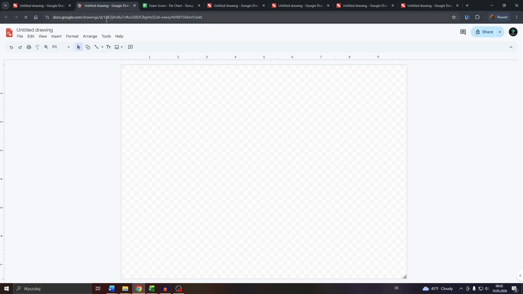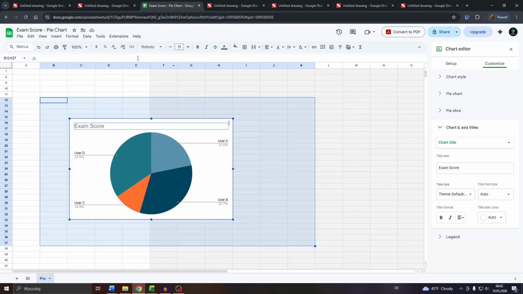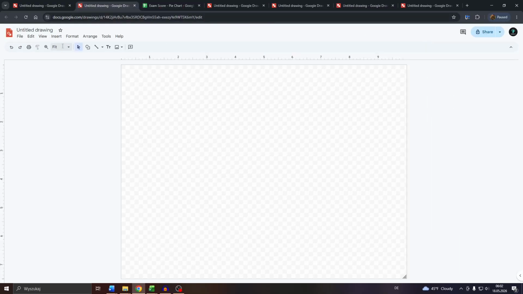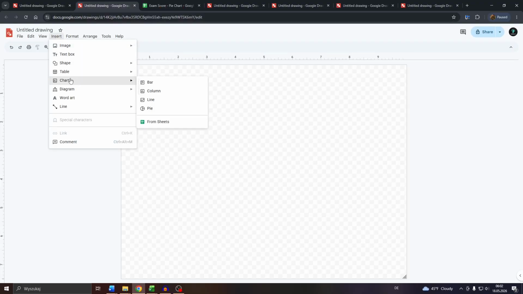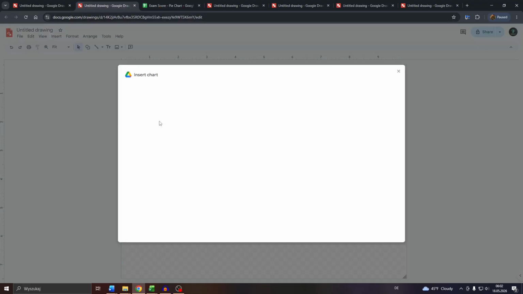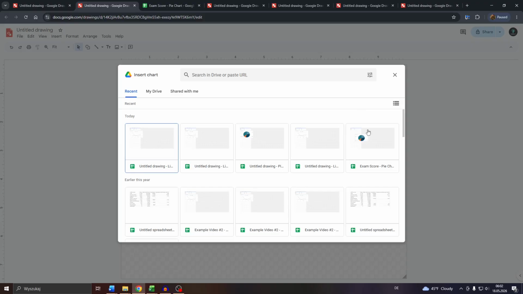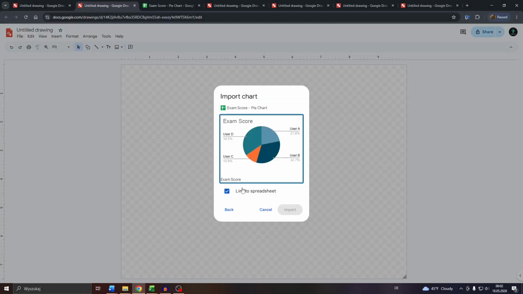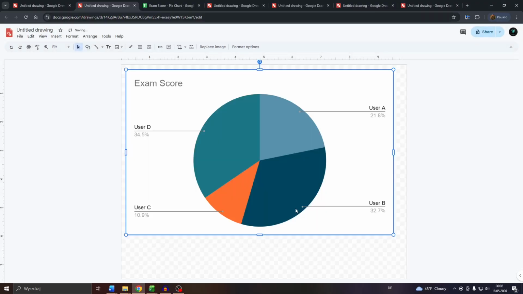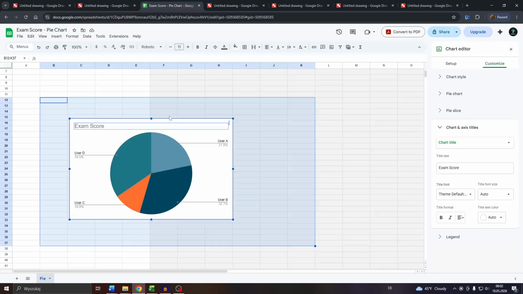What if you have a new document? Let me create a new drawing here. Well, in this case here, let's say you would like to insert a chart from Google Sheets. Click into Insert, hover your mouse over Chart, select from Sheets, navigate to the given chart here from your library, click into Insert, and then before inserting or importing it, make sure that you unselect Link to Spreadsheet. Click into Import. And now it's not connected or linked to your